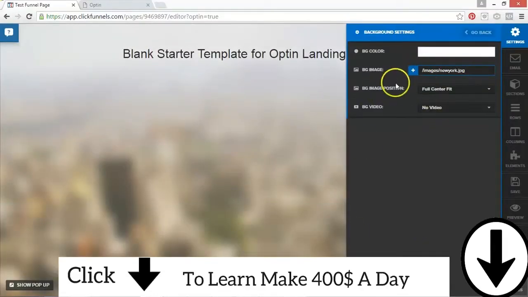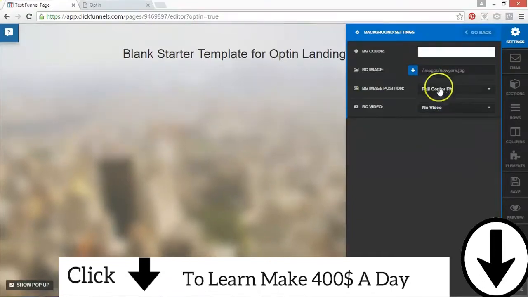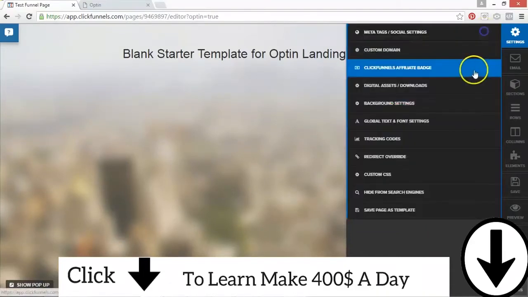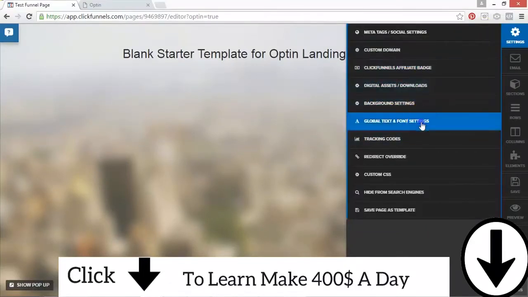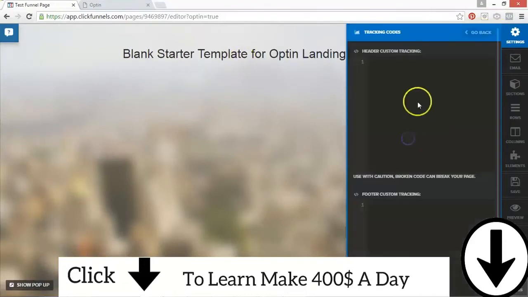So you can choose to do that or not, and you can mess around with whether it fills the full page or it's full center. You can even have a video from YouTube in the background, so that's pretty cool. You can go back from there. Fonts, you can choose a global font for the whole page, so you're not having to continually change different things. Tracking codes, again, you can put different sorts of pixels,